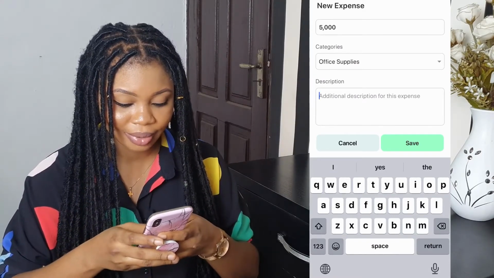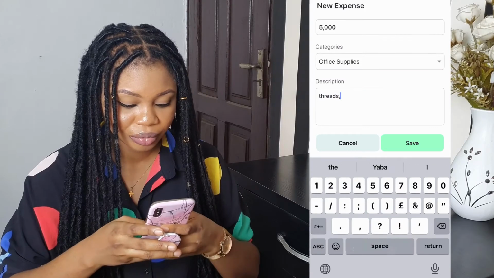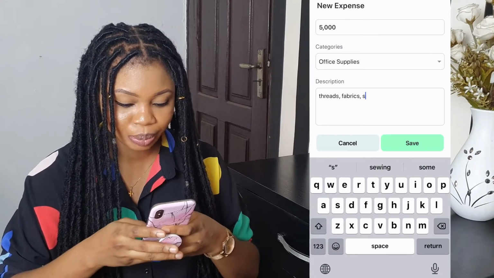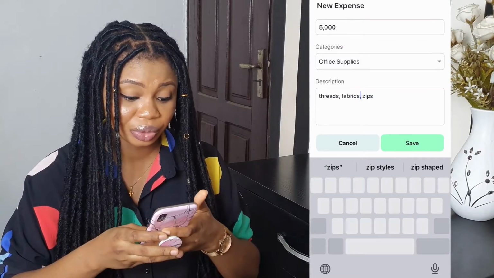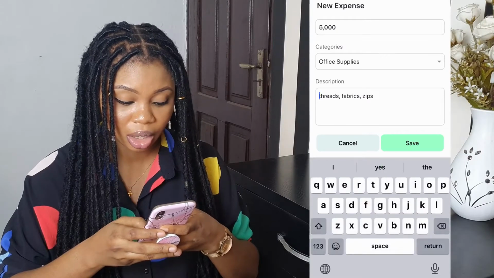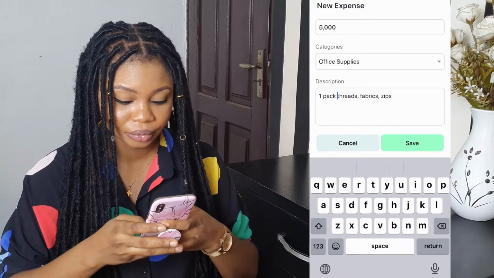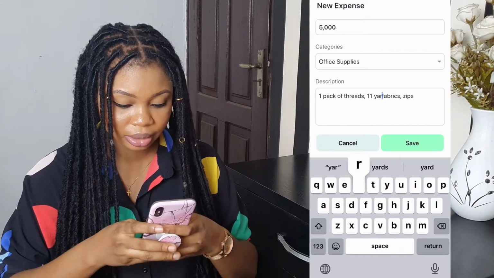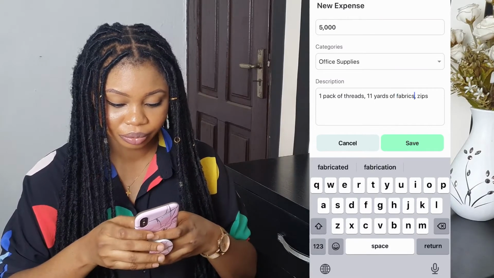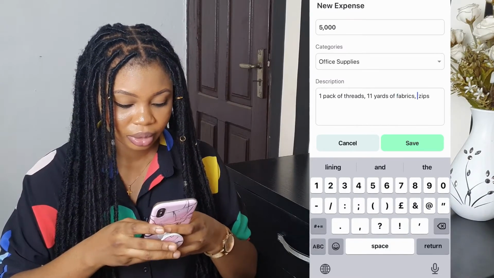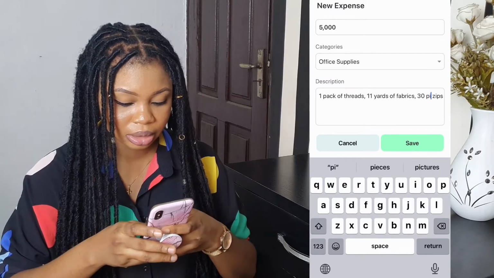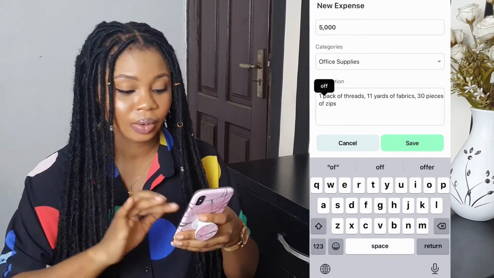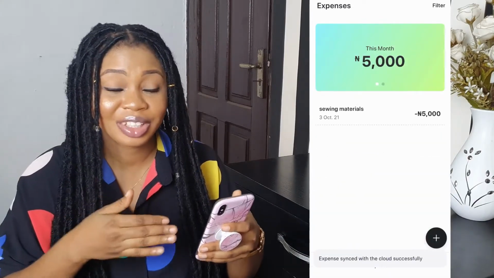So I can say, let's say threads, fabric, zips. You can also put the number, let's say 1 pack of threads, let's say 11 yards of fabric, 30 pieces of zips. Yeah, and then I click on save, and once I click on save, you can see it records it as sewing materials minus 5,000 naira,